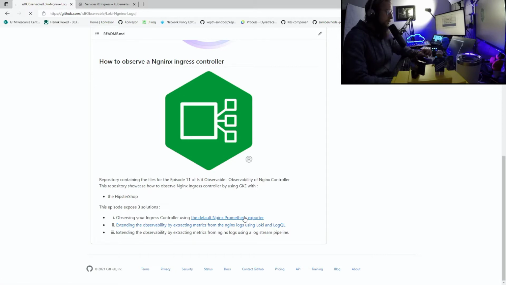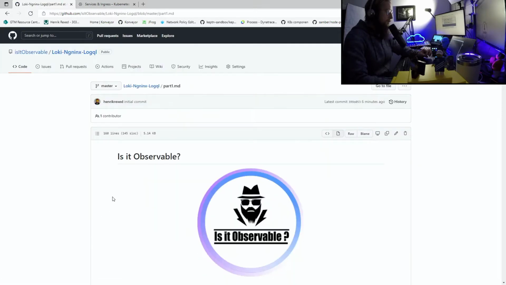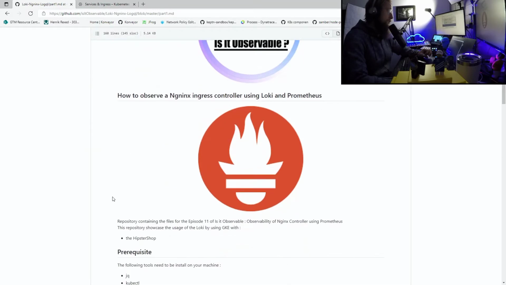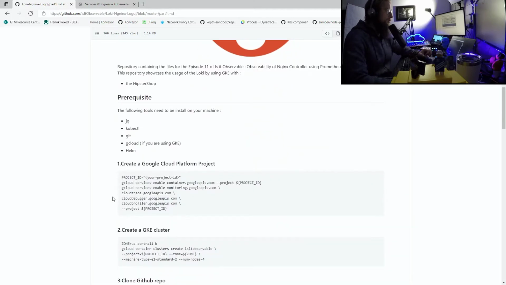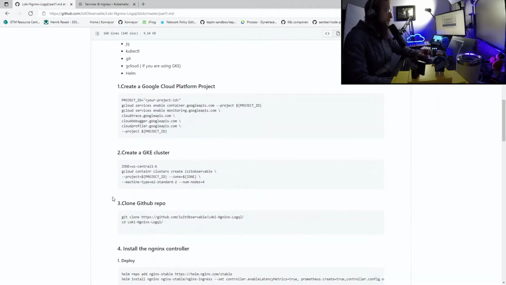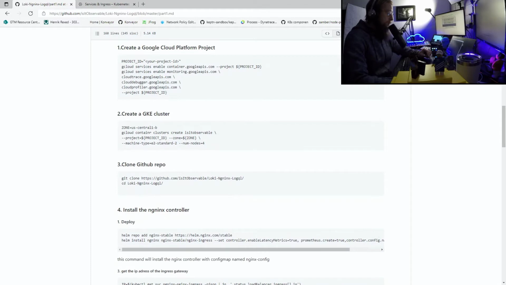So let's click on this one and we'll bring up the README file related to that episode, which basically uses Prometheus. So similar to the previous episodes, you will need, of course, a Kubernetes cluster. So either you can use, as I do, a GCP cluster in GKE, or if you prefer to use Rancher, you are free to do so without an issue. Of course, as usual, you have to clone that repo, and we will walk through the various steps of the